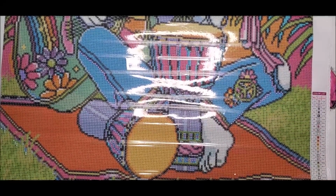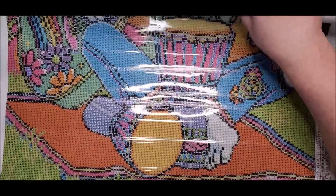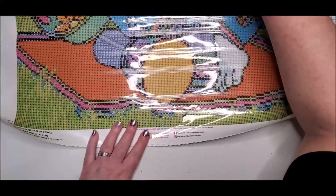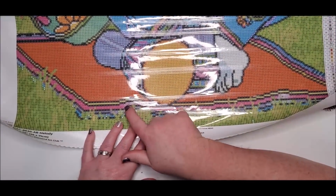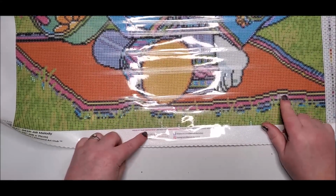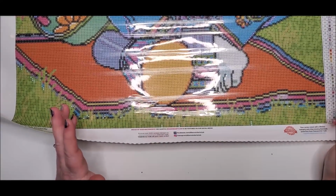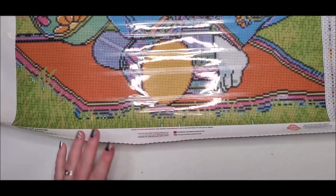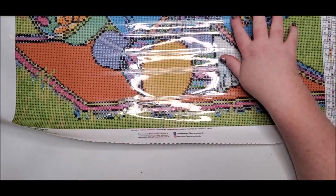So that looks like, well, no, we got more ones down here in the edging of the blanket. Down right in here, just a little bit. And then here. And, you know, I have my most prized diamond painting that I've finished,